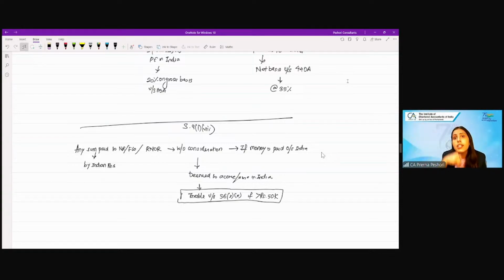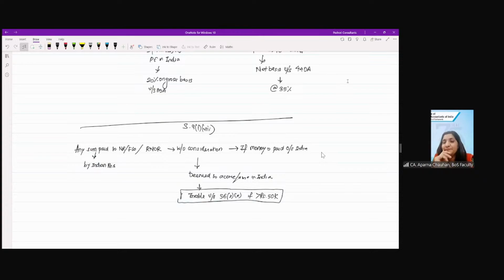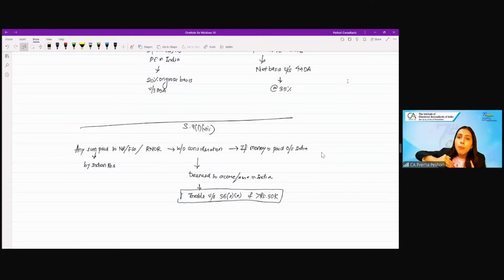If the immovable property is situated in India, then yes, we will say that income will be taxable in India. But if it is, let's say, for example, immovable property, I am transferring a US property to a non-resident, it will not be taxable. If I am transferring shares of a US company outside India, it will not be taxable. But if it's an Indian company's shares I'm giving, then it will be taxable, because India should have jurisdiction